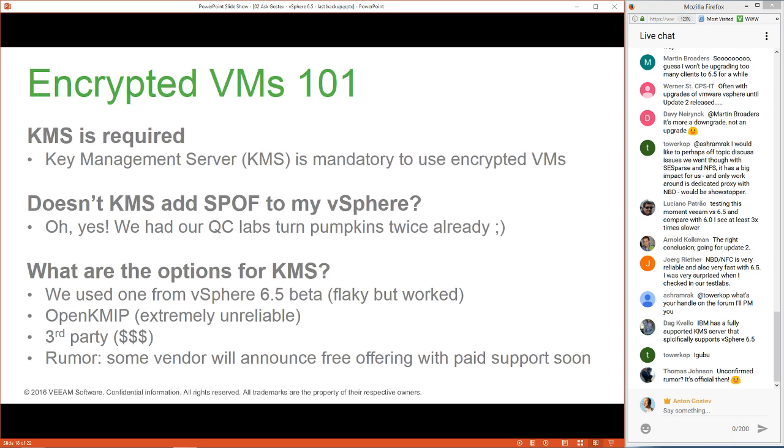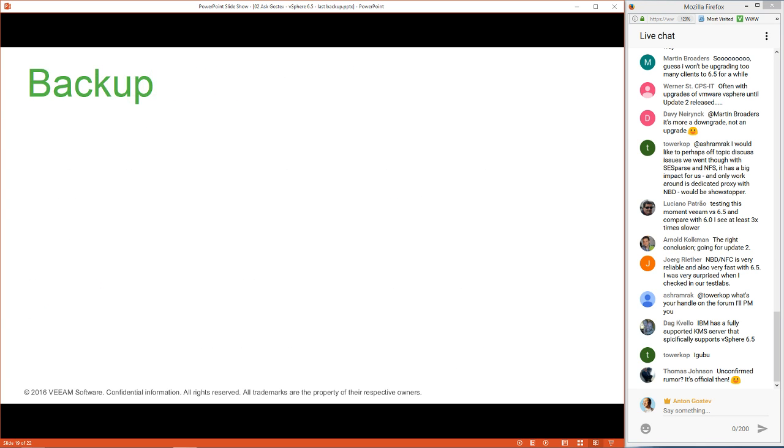Okay, so that's basically 101. What are the peculiarities, let's say, of encrypted VMs, how you back them up and how you restore them? So for backup,